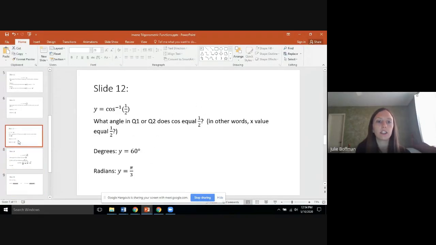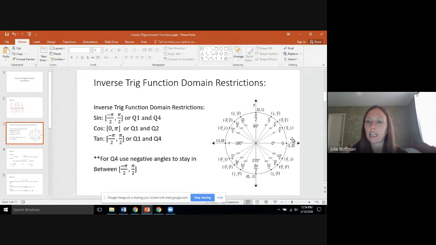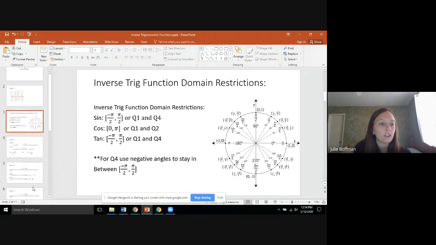So you're going to ask yourself the question, in what angle in quadrant 1 or 2 does cosine equal 1/2? In other words, we know cosine is the x value. So where's the x value 1/2? We're going to look at quadrant 1 or 2 for an x value that's 1/2. Well, that would be right here because these x values are negative. So at 60 degrees or pi over 3,